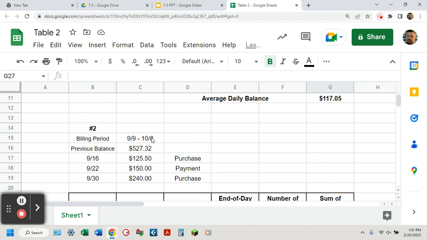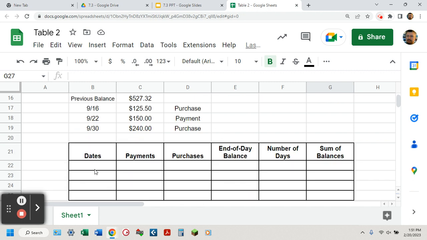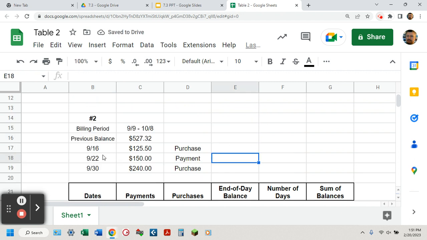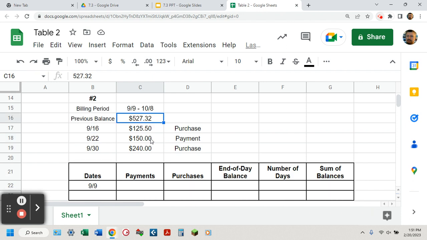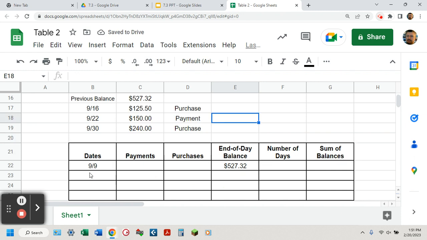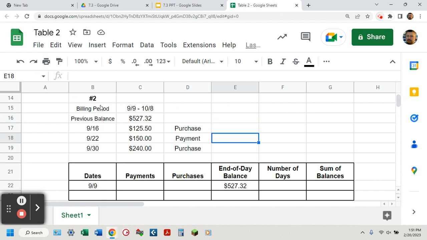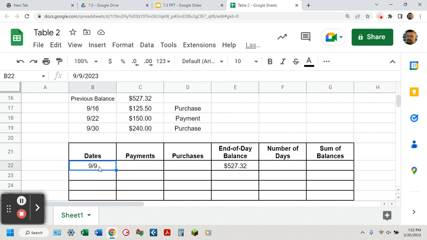So the billing period 9/9 to 10/8. I'm going to start right here. I know we're starting on 9/9 because that's the first day. Now, the first purchase or payment, the first transaction is 9/16. So this previous balance here, I'm going to copy that and paste it here. That's going to be the end of the day balance on 9/9 because there's nothing else purchased. But it's also going to be that up until 9/16. So I'm going to make that up to